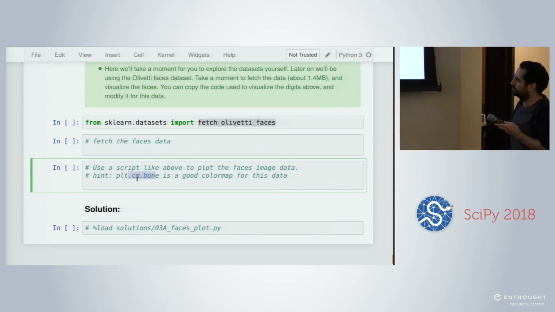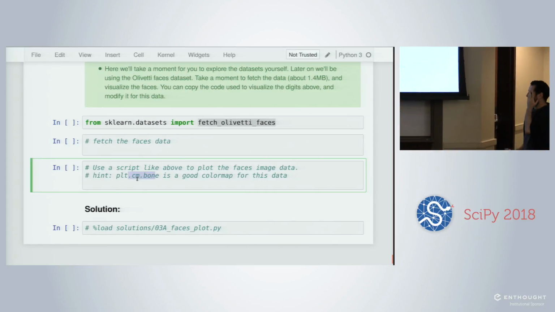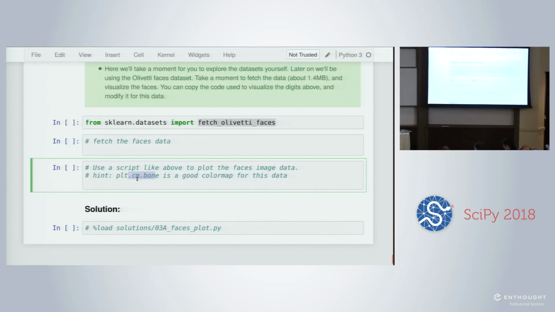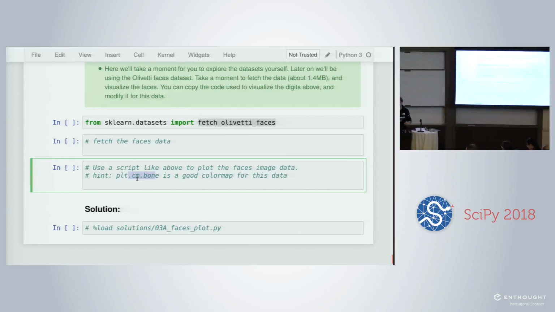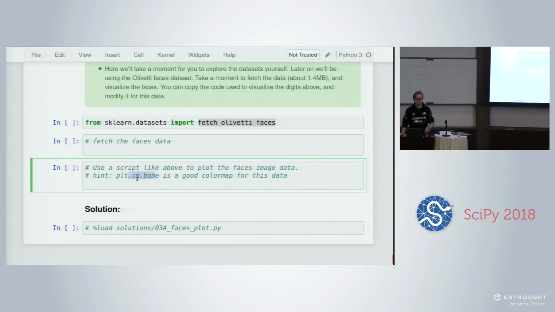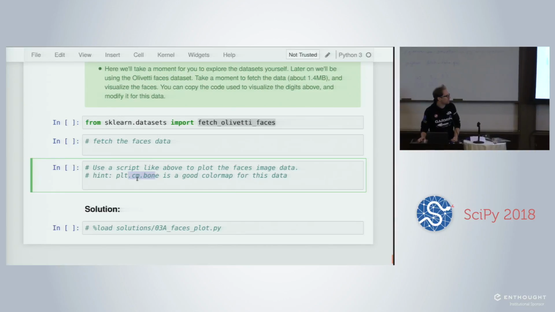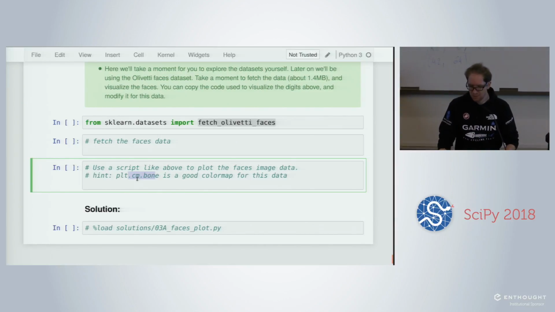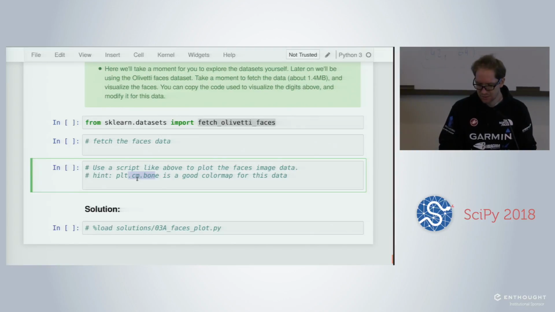Okay, so now the exercise will be to try to load another data set which is about faces. It's used for face recognition, I think. Basically do the exercise by loading the data and plotting it.